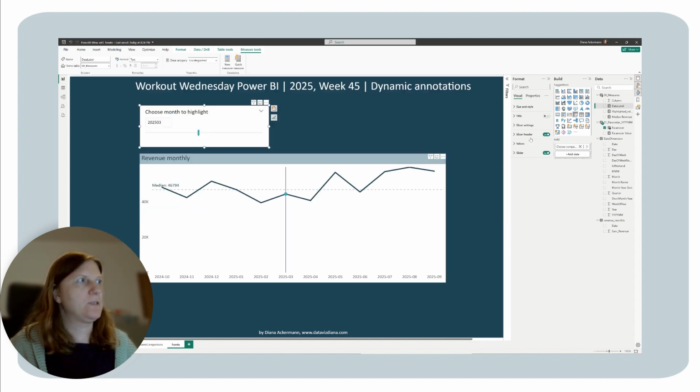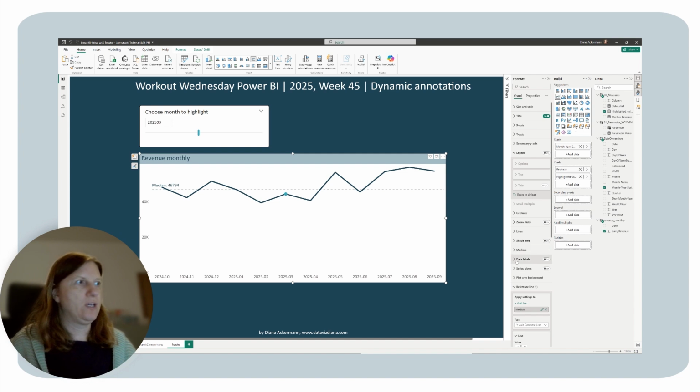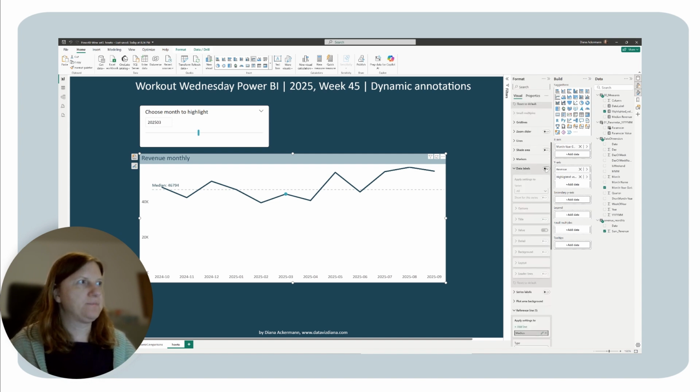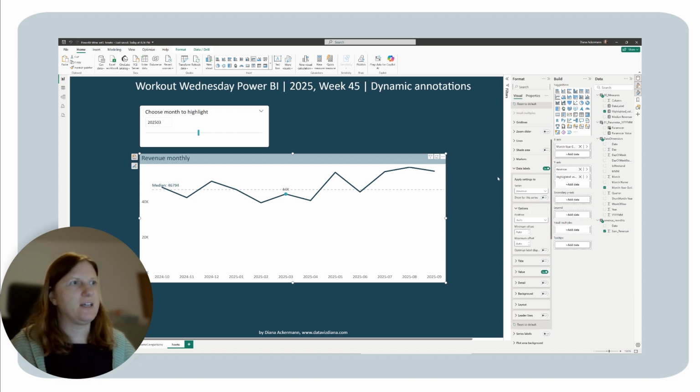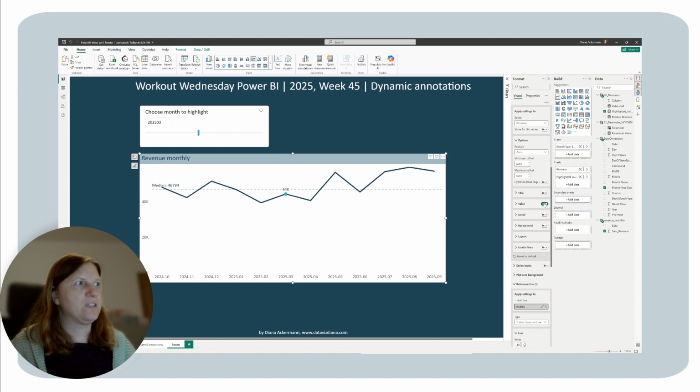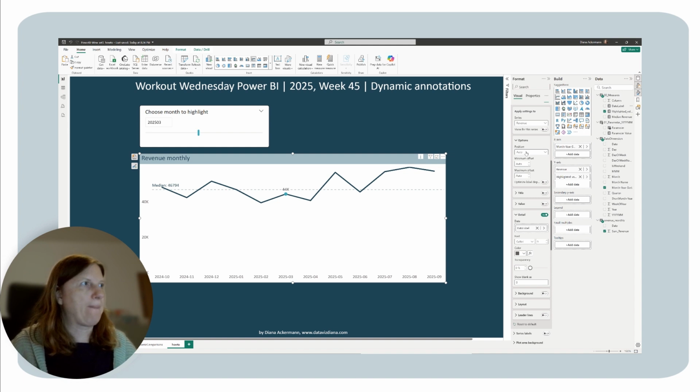And then we just need to go here to our data labels, activate it, and then for the revenue we deactivate it again. Also we deactivate the value itself, and just for the detail we are putting the data label in there. No, not for the revenue, of course, but for the highlighted value. Sorry, that again, for the detail we need to have the data label,